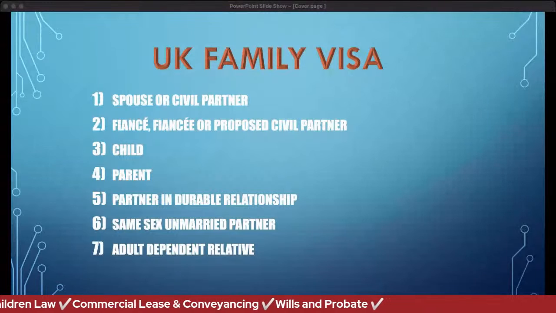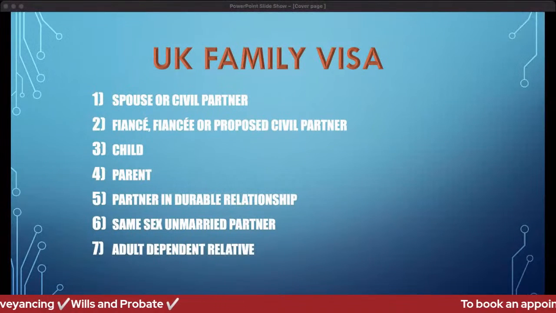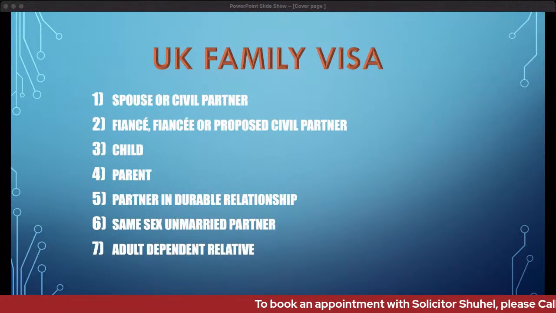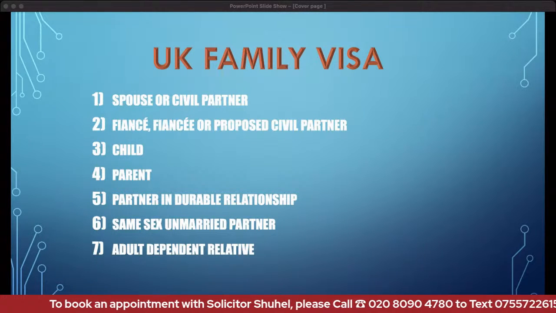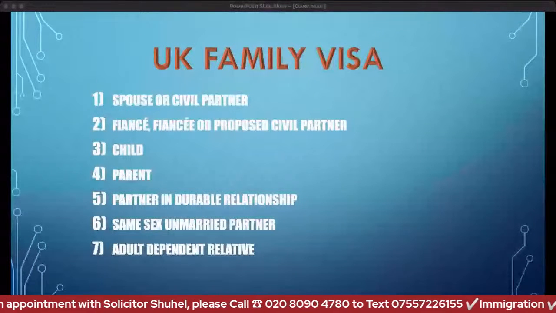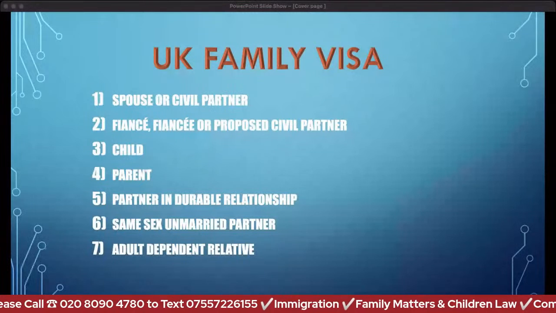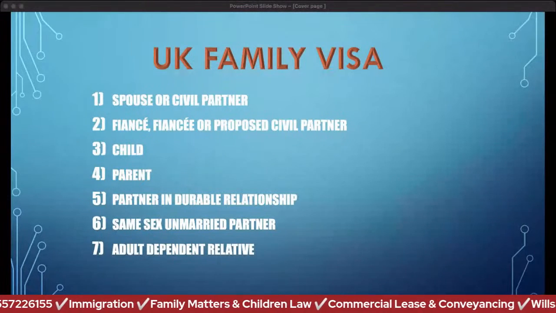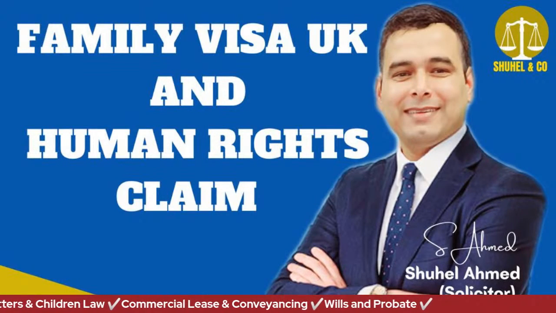And in addition to that, your sponsor, your children, also need to satisfy the usual requirements of the spouse visa, which is earnings of £18,600. You need to provide evidence of accommodation, relationship requirement, birth certificate. So this is the usual requirement. So that is all about the family visa. Other than this, I'll discuss a few more things in relation to